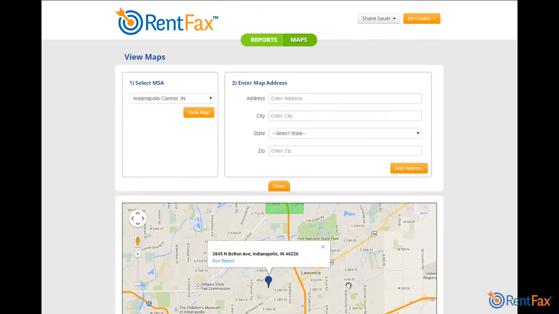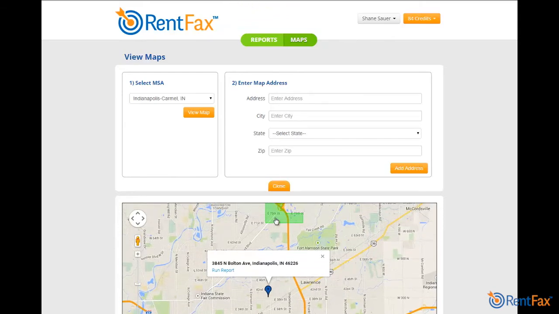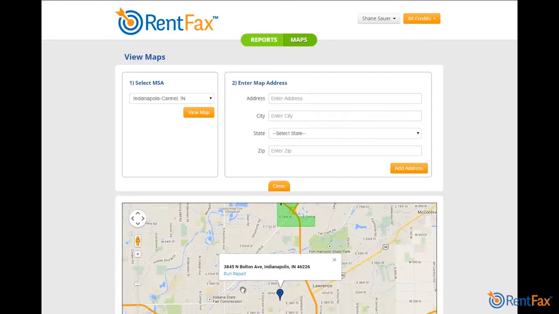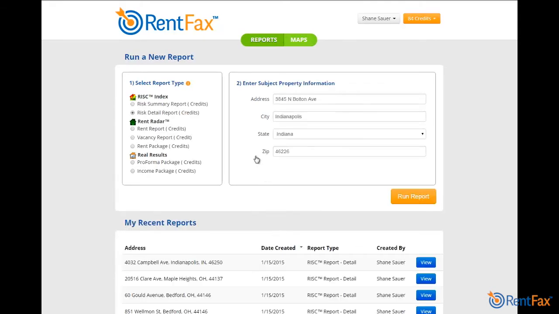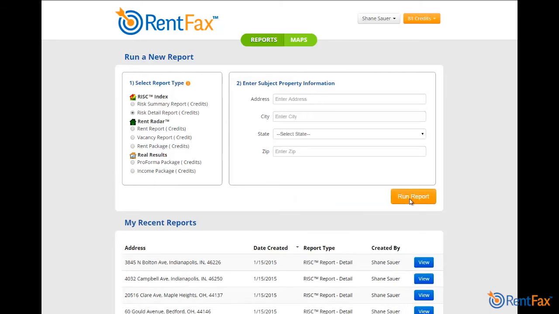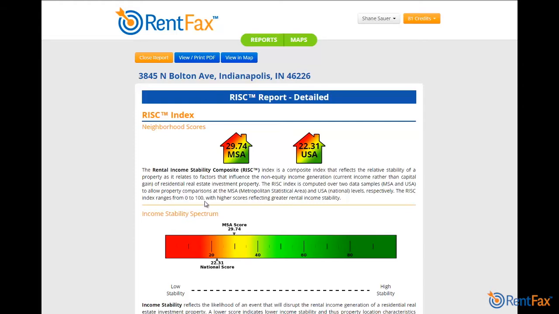Now the reason why this is helpful is if this pinned in that same neighborhood, I would then know a relation between those two properties. Because this pinned down here, another way to then find out what this location is scoring and information about that location, I can click the Run Report link right within it. I click Run Report, it takes me back to the report screen, but it's automatically filled in that address. It's also toggled to RISC Detail Report. I click Run Report, and the system goes out and is retrieving the information and data for that address, and then it will present me the detailed view, or the